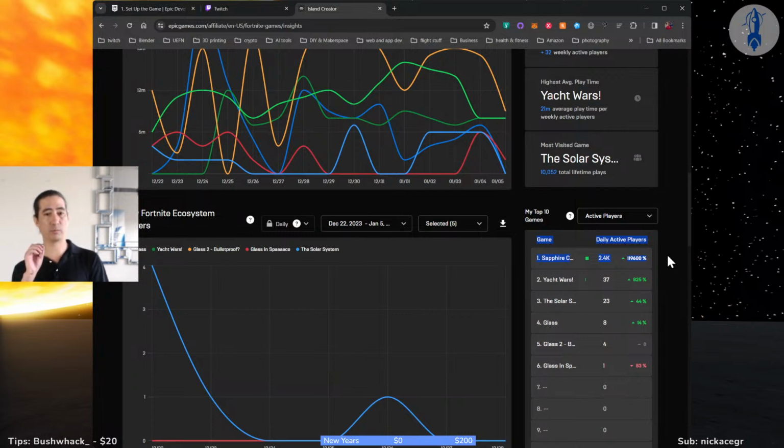But 2,400 players per hour is like 115 bucks. Times 30 days puts you at about $3,400. And for me, that was 119,600% growth. So there is a lot of room to scale the maps, that's for sure.